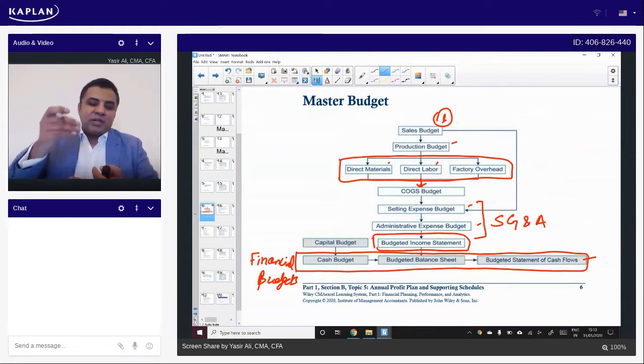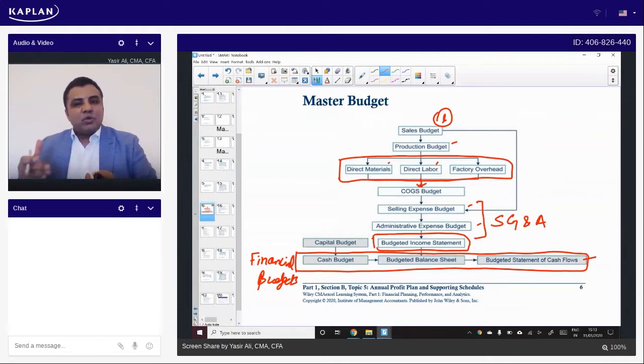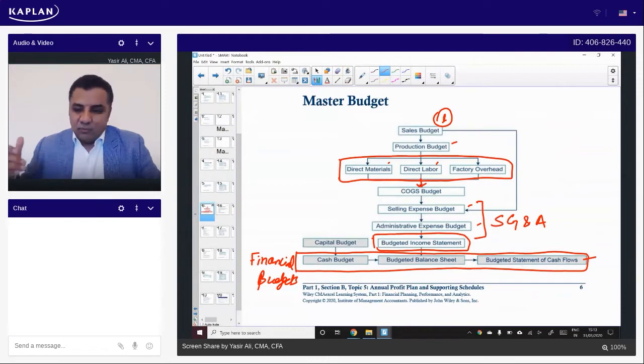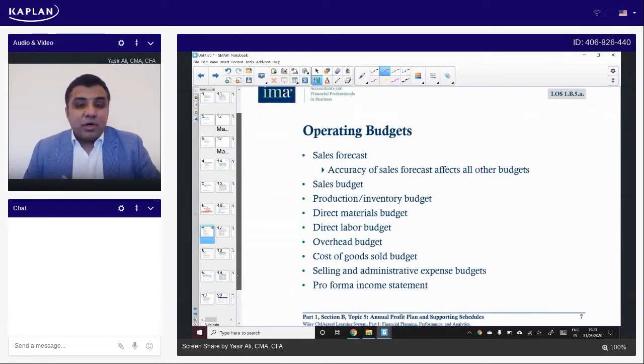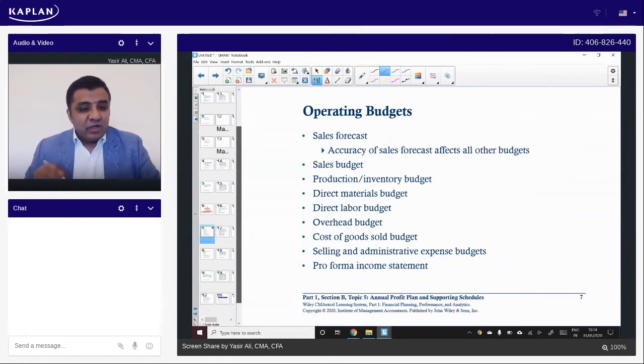The cash budget is budgeted inflows less budgeted outflows over a period of time, but the cash flow statement is the same thing, with the various cash flows classified into operating inflows or outflows, investing inflows or outflows, or financing inflows or outflows. So this is the big picture regarding the master budget, which has two components, operating and financial. Now we move on into the details of each, specifically operating budgets, right? So guys, I have told you this is highly important for the exam, and there are calculations that we are going to see.